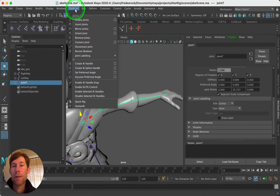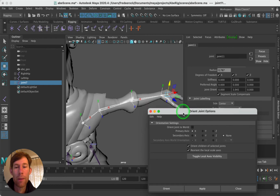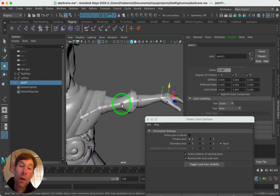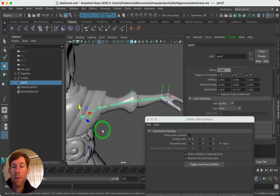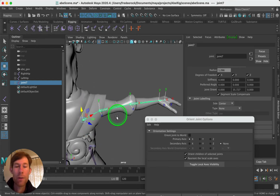Okay, let's go to skeleton, orient joint, options. What's interesting is we can do a select hierarchy here, and you can toggle your LRAs visible over here as well. Hey, look at that. So they actually look good right off the bat. Boom, boom, boom, boom, boom. Oh, well, one thing we might consider is you could leave it like this and it'll work great, actually. But if you wanted to match up the major movement with the same axis we did the legs, you can do that. So just to demonstrate that a little bit,